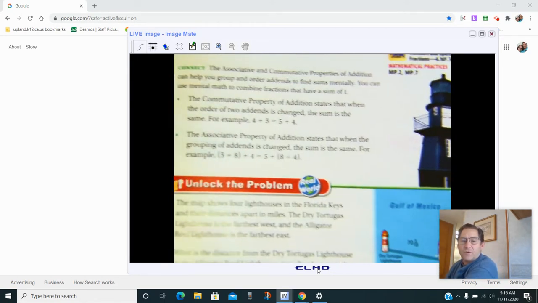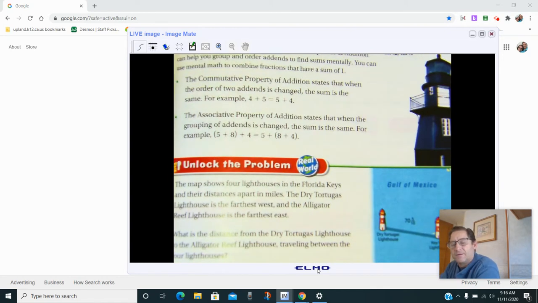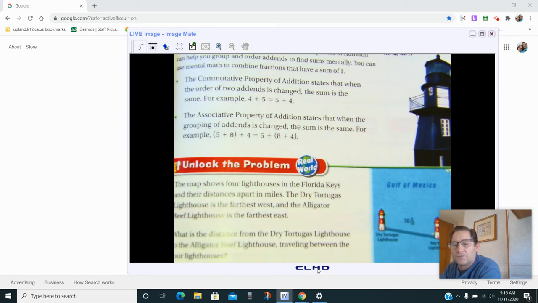Okay, so we're going to be focusing on the fraction parts. And can we rearrange the numbers or how they're grouped to get fractions that equal 1? So we're going to be looking for, can we add the numerators so that they match the denominator? That's our goal, okay? So review, the commutative property states that when the order of two addends is changed, the